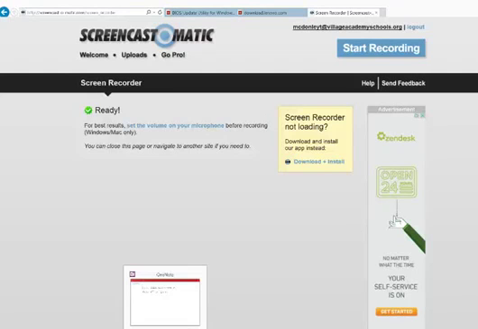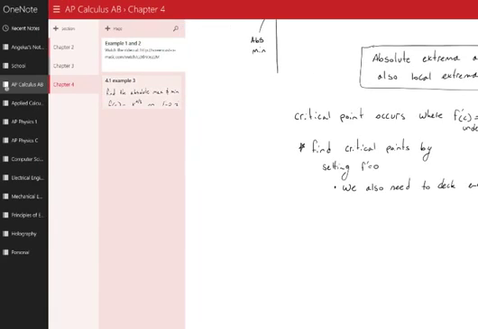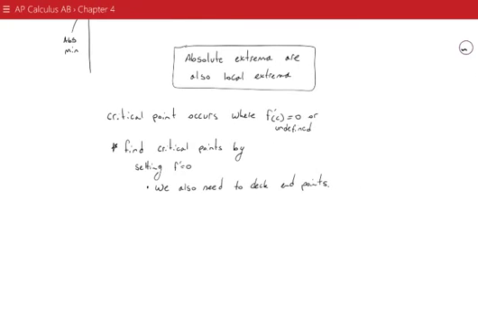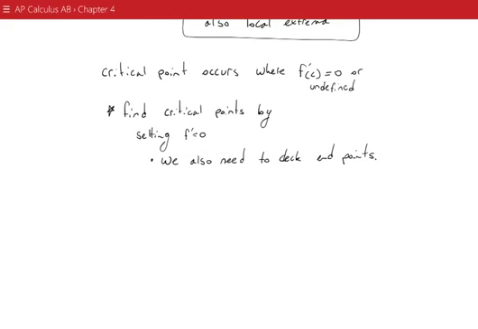Alright guys, we're going to do example 3 now. At the end of the last example we got cut off by just a little bit, but the main point is this. We're going to be able to find critical points of functions by using the first derivative test and